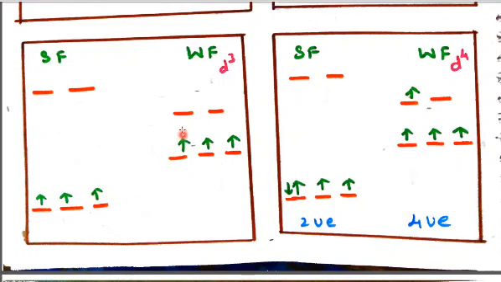In the same way, weak field is a small gap. Even though it is small, the electron filling is according to Hund's rule. 1, 2, 3 electrons are filled in the lower energy set of t2g. Next in d4, the climax starts only here. In strong field, the energy gap is large, so the electrons cannot climb up. So what? 1, 2, 3, and the 4th electron is paired.